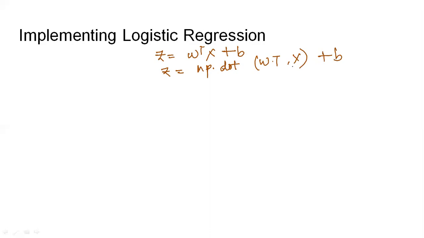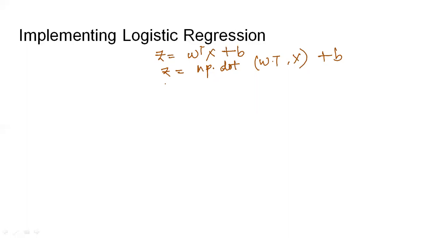For implementing this in logistic regression, we need to use the equation z = w transpose x + b. We can assign this as z = w transpose capital X + b, and to implement it we can use z = np.dot(w.T, X) + b. We have already understood how to write this in vectorized form in the previous video lectures.